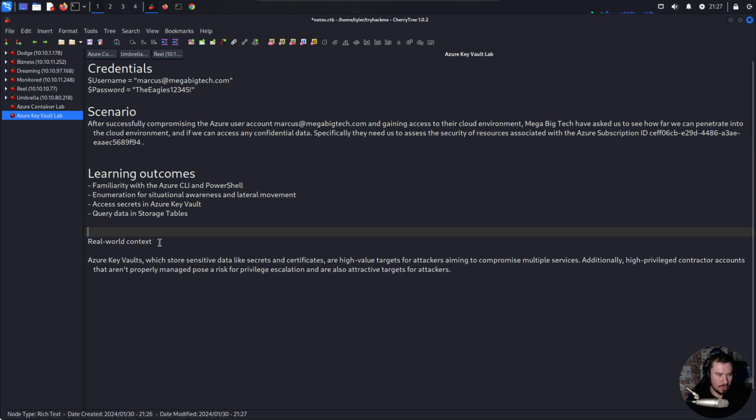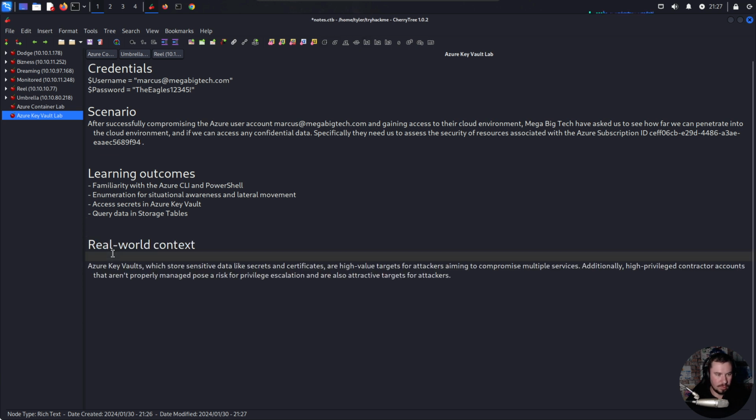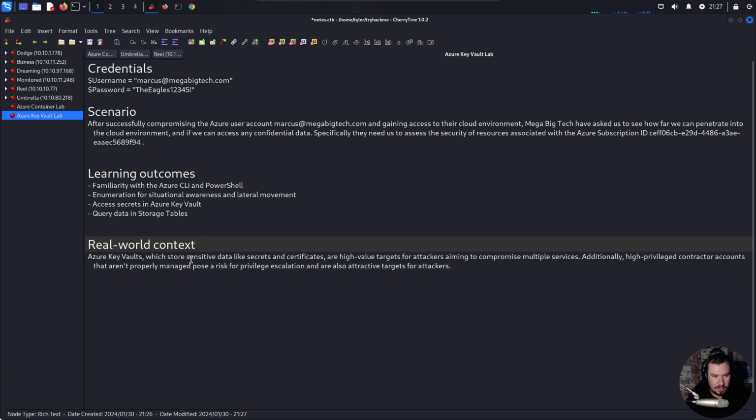And here is our real world context. We'll make this H1. Azure Key Vaults, which store sensitive data like secrets and certificates, are high-value targets for attackers aiming to compromise multiple services. Additionally, high-privileged contractor accounts that aren't properly managed pose a risk for privilege escalation and are also attractive targets for